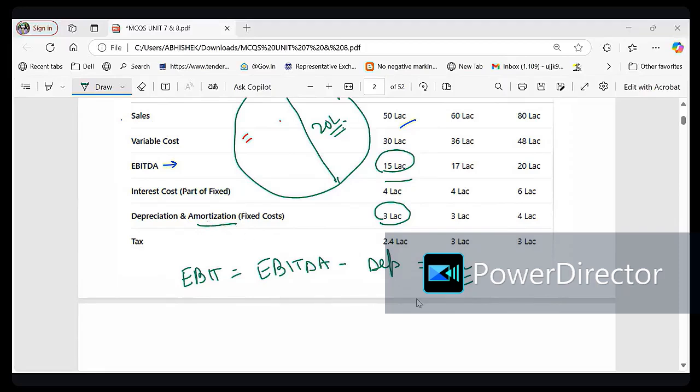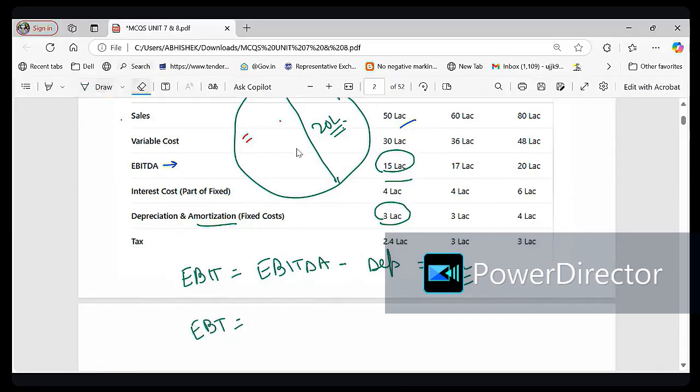So we have to calculate EBIT, which is earning before interest and tax. From EBITDA, we subtract depreciation, we get EBIT, right? How much is it? 12 lakh, right? And then we have to calculate EBT, which is earning before tax,